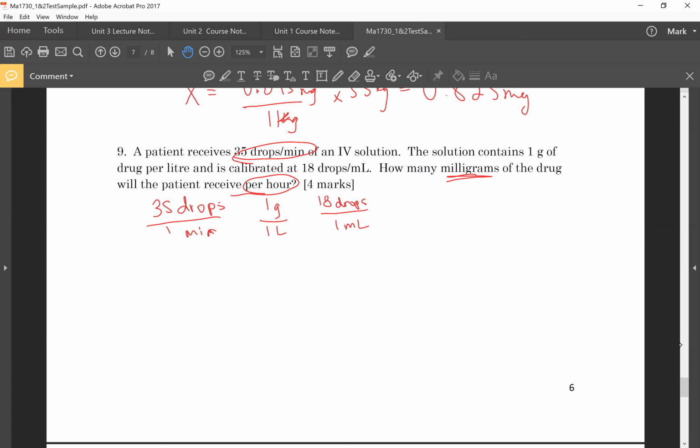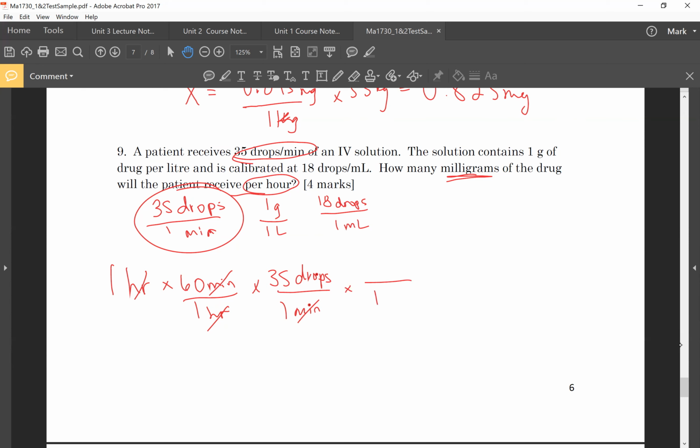Okay, so 1 hour. Well, the first thing we need to do, because we're dealing with minutes, is to change our time to minutes. Why? Because of this number here. We know that there's 35 drops per minute. Well, how many minutes are in an hour? That's 60. So I multiply this by 35 drops per 1 minute. Okay, so now I know how many drops are delivered. What do I need to do next? Well, I also know that in every 18 drops,